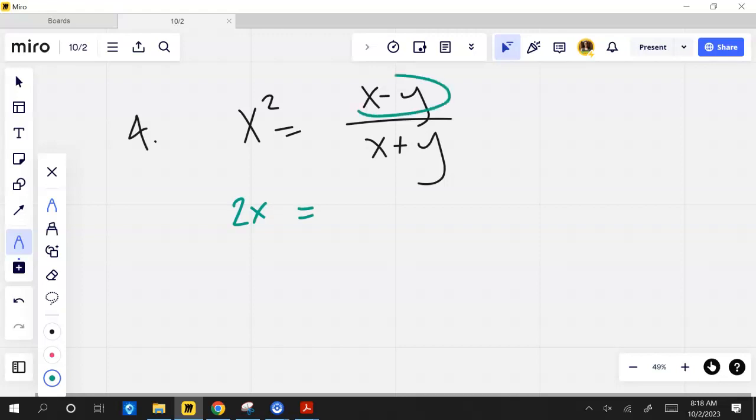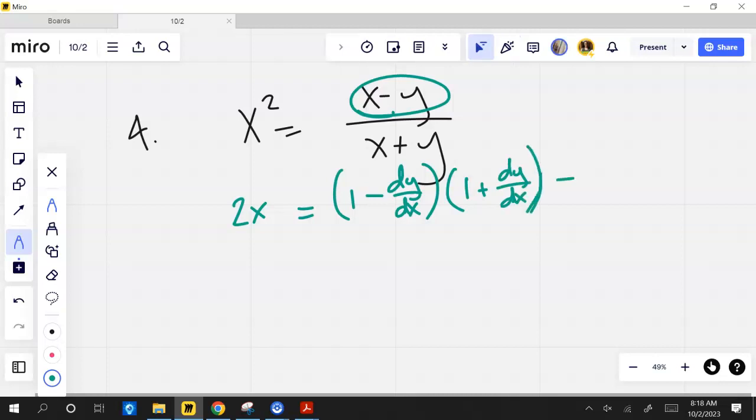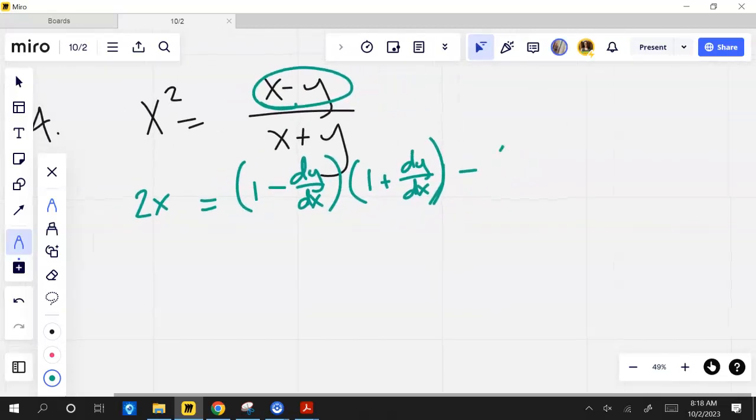Derivative of the top, which would be 1 minus, what's the derivative of y? dy dx. 1 dy dx. So minus dy dx times the derivative of the bottom, 1 plus dy dx, minus the top,